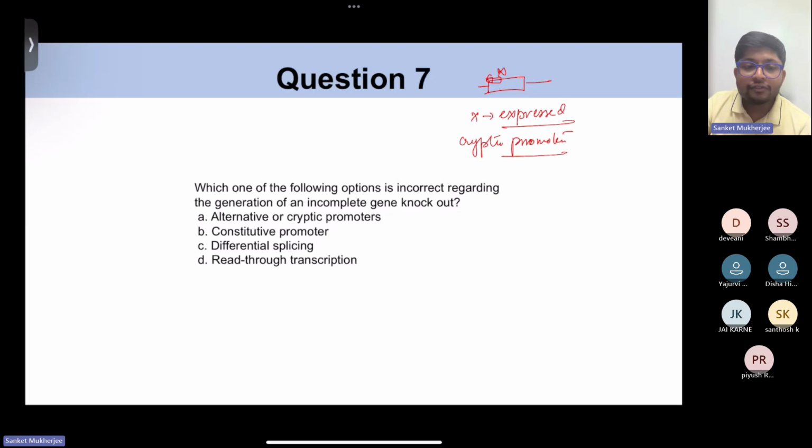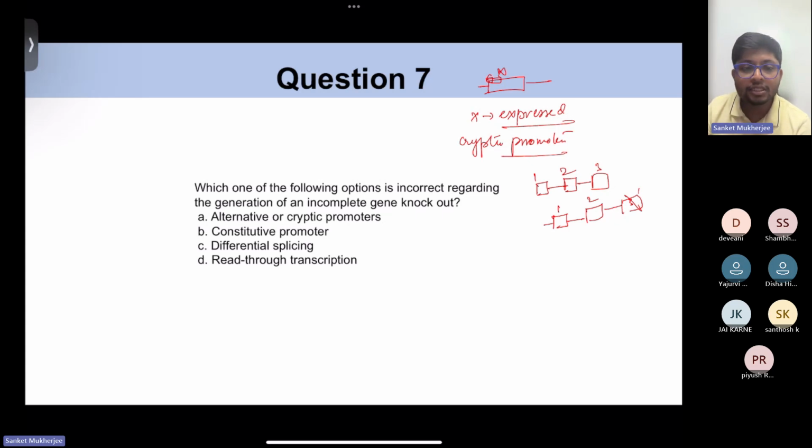Another thing is differential splicing. A gene could have multiple exons, let's say 1, 2, 3. In an incomplete knockout, you might have a differential splicing pattern where 1 and 2 remain and 3 is removed. So 1 and 2 can also carry out the function, but one of the elements is removed. That could happen. Read-through transcription is where